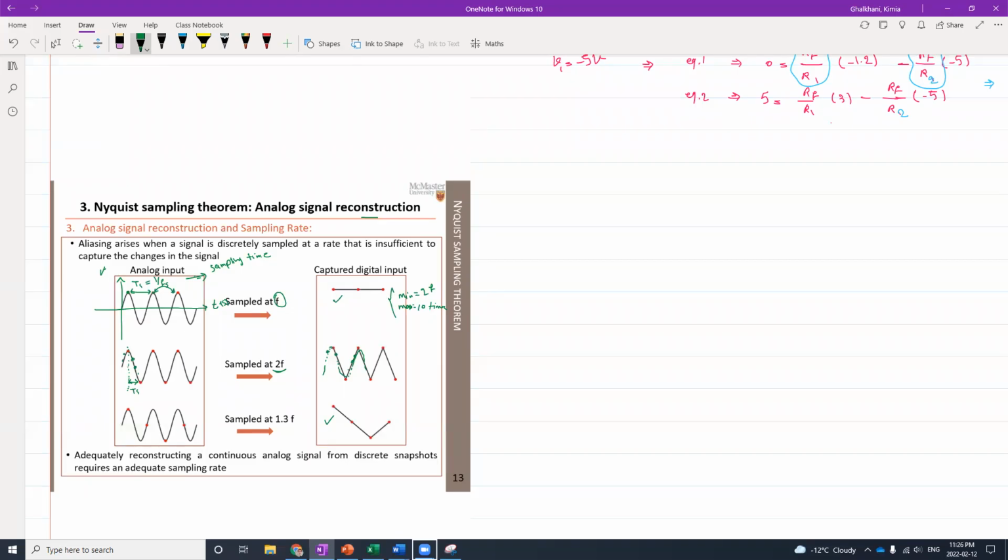Anything less than 2F, like for example what you are seeing in here, or maybe even 1.7, 1.4 or so, is not going to give us any understanding about the behavior of the original signal or the analog input. That's why we want it to for sure be at least 2F or above, up to, let's say, 10F. This is what we are looking for when designing an analog-to-digital converter. Now,